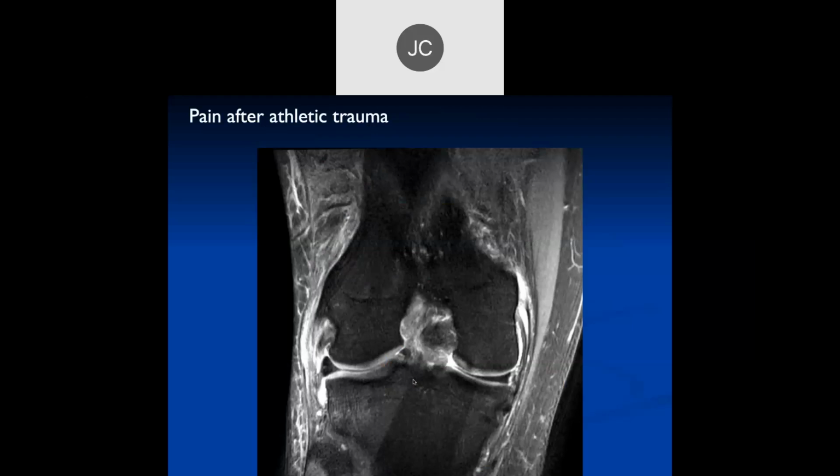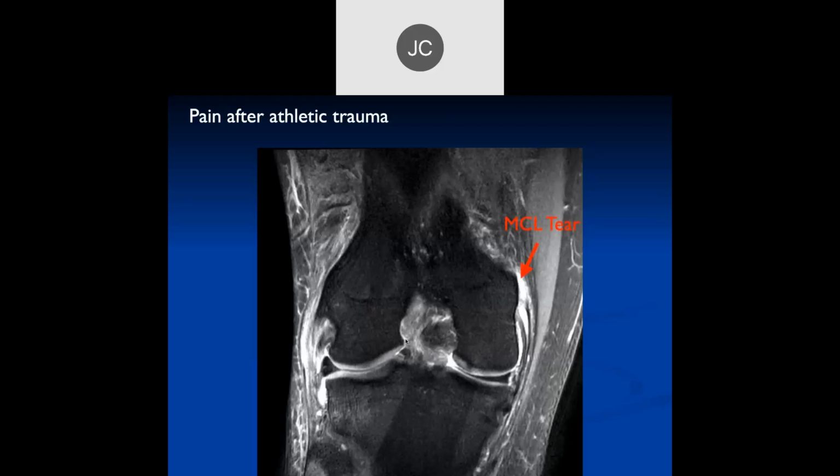All right, it looks like, I don't really see an ACL in this image. I just see like an amorphous mass without distinct fibers. I agree with you. This was kind of amorphous there,